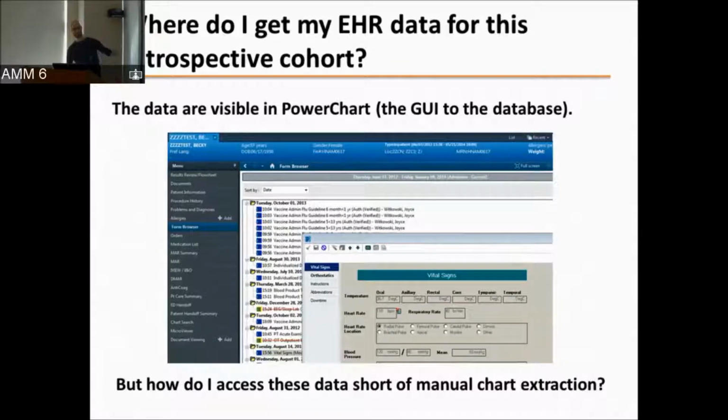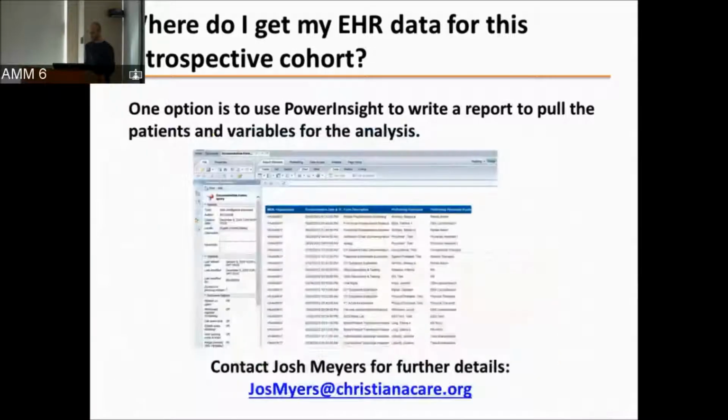We're all familiar with this, the front end to PowerChart here. I just took a screen grab. And let's say that I was interested in pulling out blood pressure measures for some group of people. How do I access that? And how do I do that short of manually going in for my patients and then reading this and then pulling them out? Well, one way I found to do that I particularly like is using this tool called Power